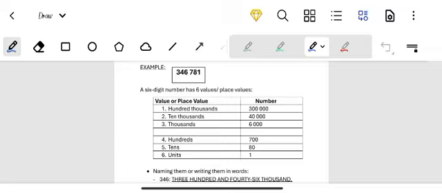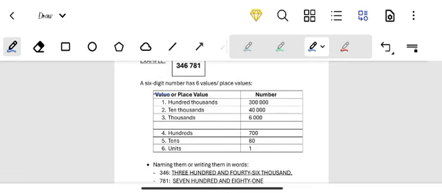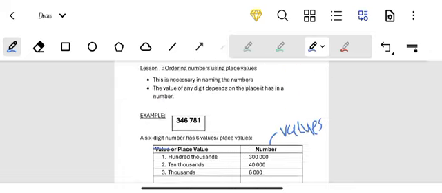So let me just draw a line there, and then next to the number there, let me write what we call, these are known as the values. Okay, so we have the place value, and then we have the value itself. So the value is the number, and then the place value is more like writing that number in words. All right, so an example that I provided up here is